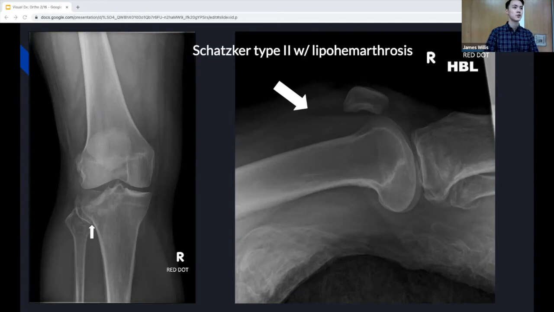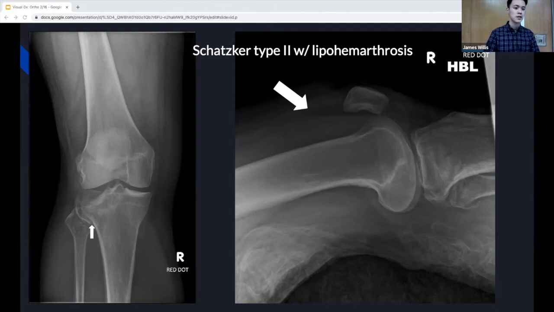You probably want to consult ortho if you see this. If there's a very large effusion, it can actually cause compartment syndrome, and that's actually the most common short-term complication. So you definitely want to get orthopedics on board early and pretty much as soon as possible, especially if you